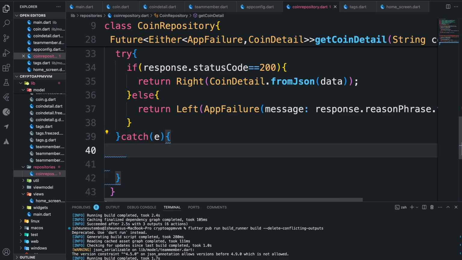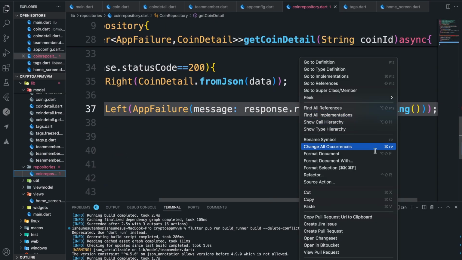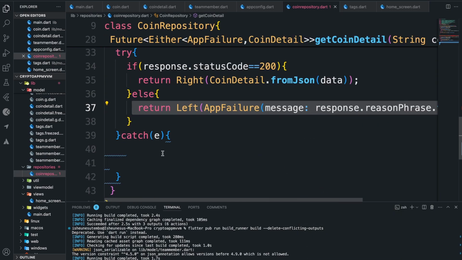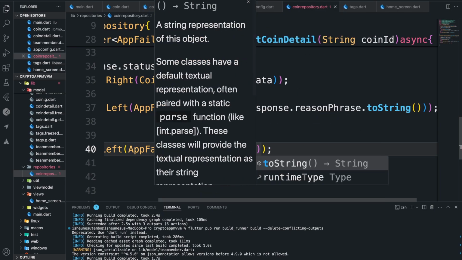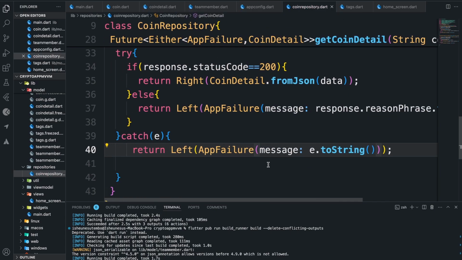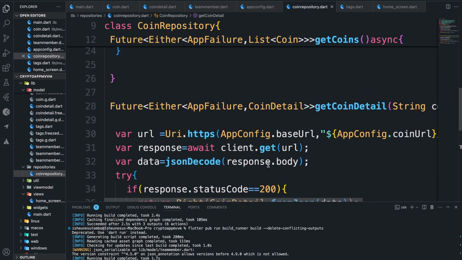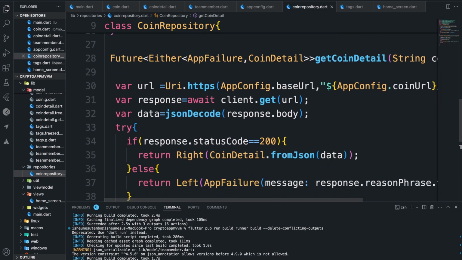And then for the catch, what we're just going to do is we are just going to catch that exception, which is going to be e.toString, like this. All right, so that's it for the method for getting our coin detail. So now that we are done with this method, what we need to do now is we need to now work on the